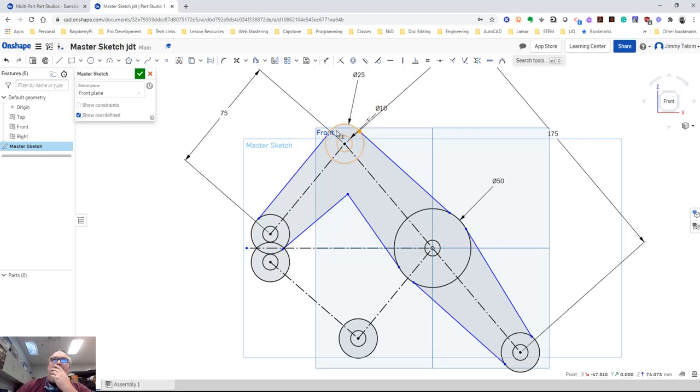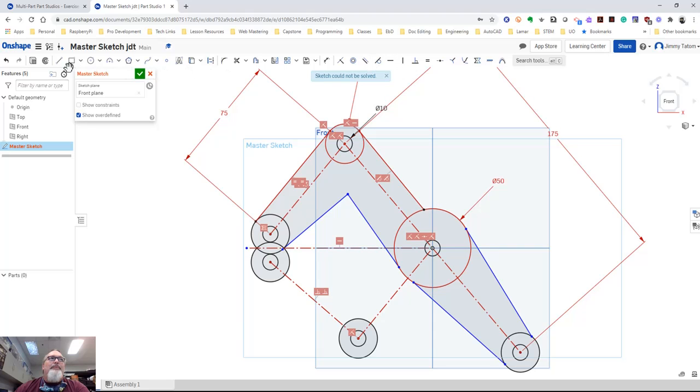So this point and this point, we're going to constrain and make those horizontal. There we go. I'm going to make this line and this circle tangent. This line and this circle are going to be tangent. This line and this circle tangent. This line and this circle